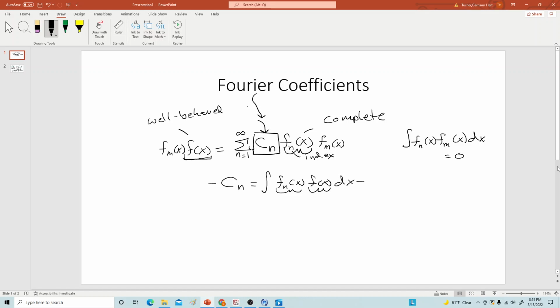And so when you multiply both sides, if n and m are not equal, your integration is 0. So when n and m are not equal, this entire right-hand side will be 0. And if this is 0, then the left-hand side is 0. But if n equals m, then the integral of fn of x times fm of x dx is equal to